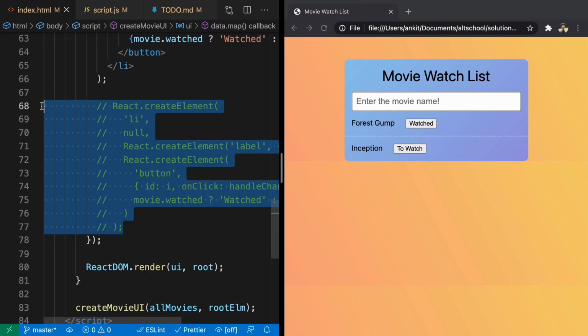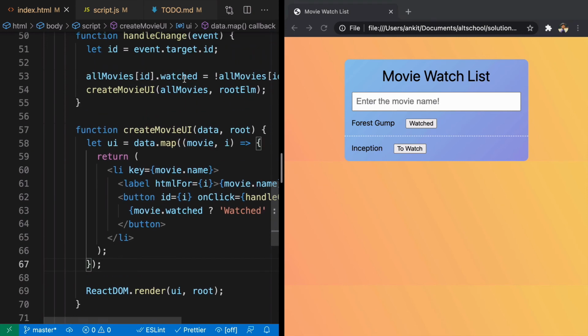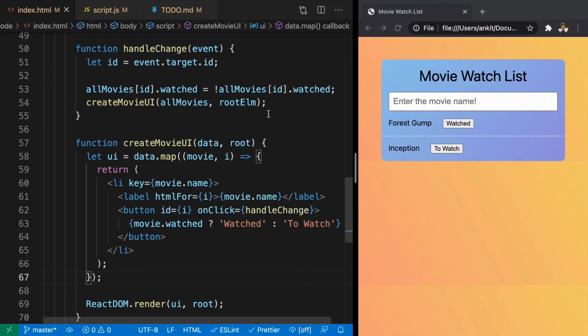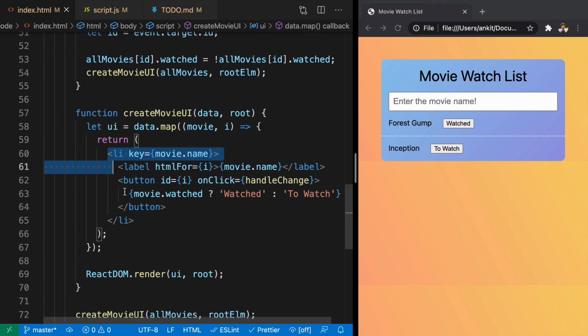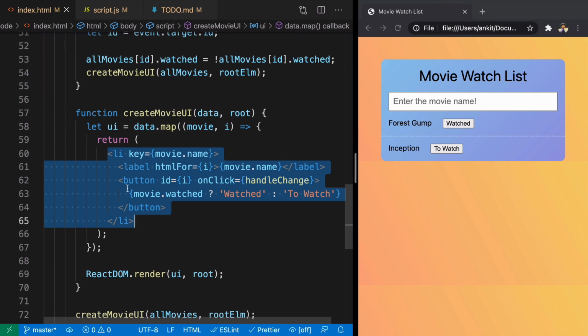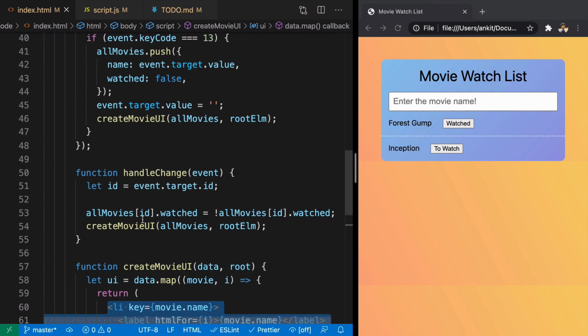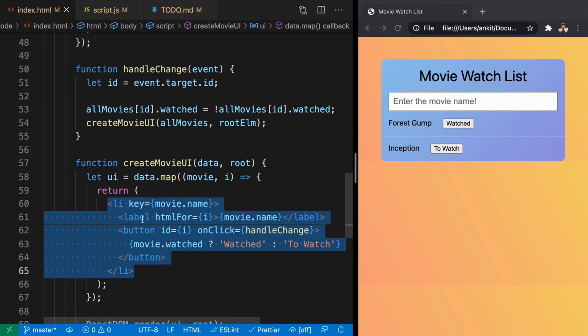We can delete this section from here, but now what we can do is use React to create elements and use JSX to write structure that is very similar to HTML, and Babel will convert this JSX into normal JavaScript with react.createElement. So we can write dynamic HTML in the same way we write static HTML. That was our aim, right? And we got that with the help of Babel, React, and ReactDOM. So in this way, we completed this exercise.